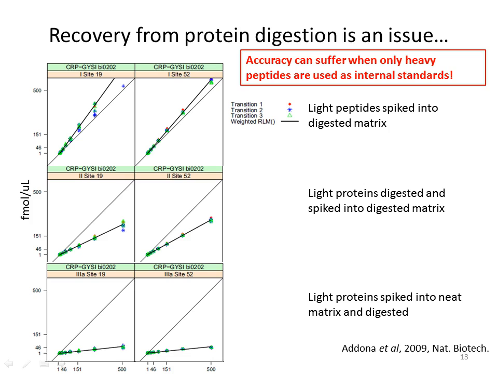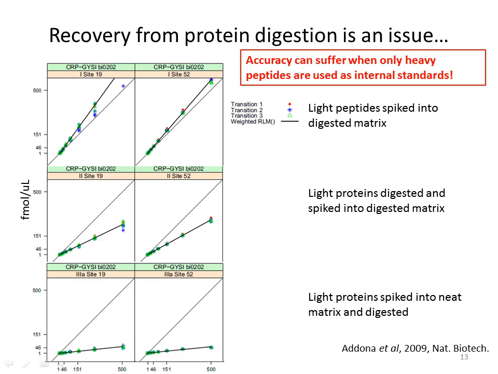So this is an example that was done a few years ago, from the Addona et al. paper in 2009, where in the first set of plots, the sample was digested plasma that had light peptides spiked in as a response curve, and the heavy peptides spiked in fixed. And this is just two different instruments, two different sites looking at the same peptide. And they're pretty similar. You see the different colors for the different transitions, and there are 3 or 4 replicates